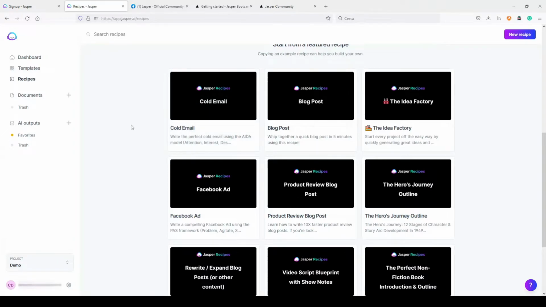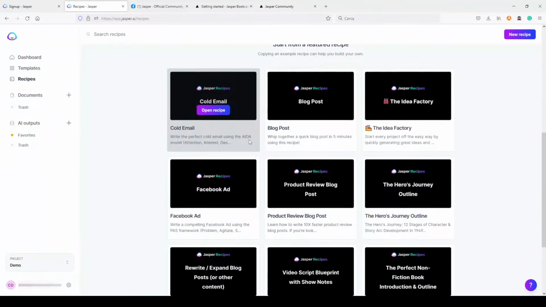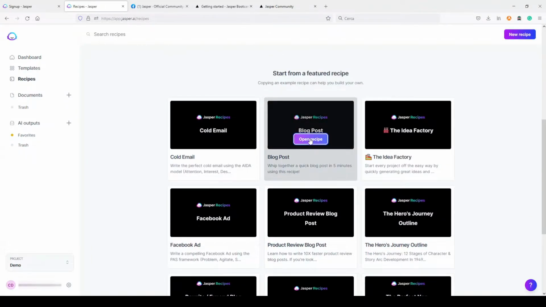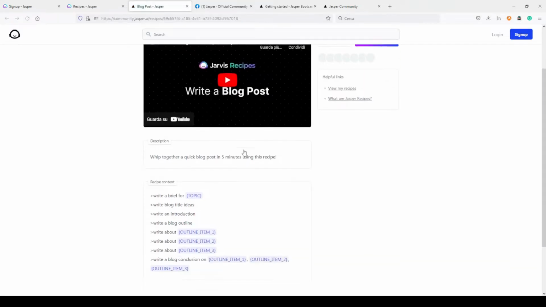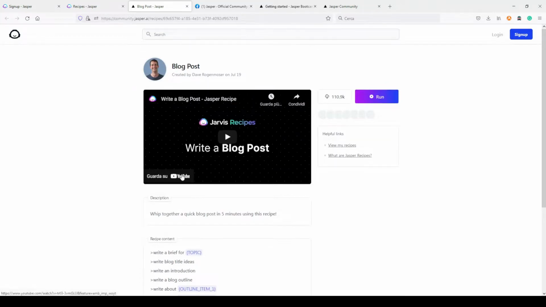Now, talking again about recipes, in this page inside Jasper, clicking on recipes, you can find the default ones. These are really simple, so if you prefer, you can even use one of these. For example, the blog post one is a really simple recipe. You can use this one if you think this is simple and easy for you. But what I really like to do, and what I suggest for the next step,